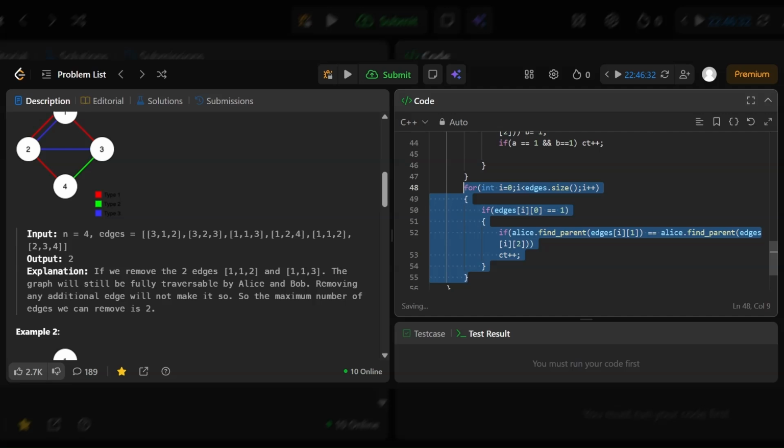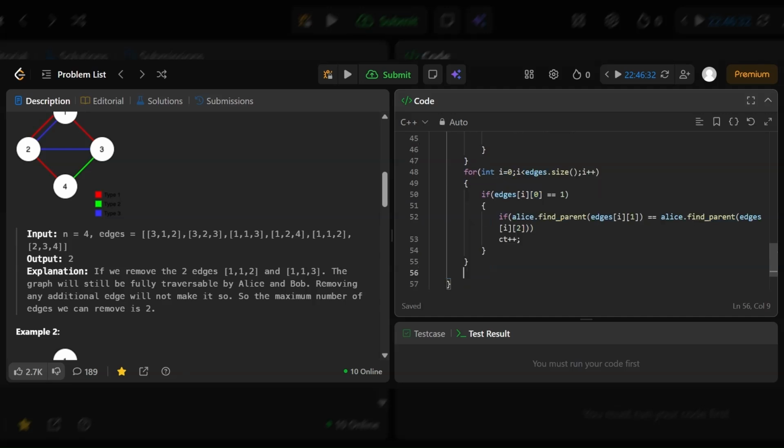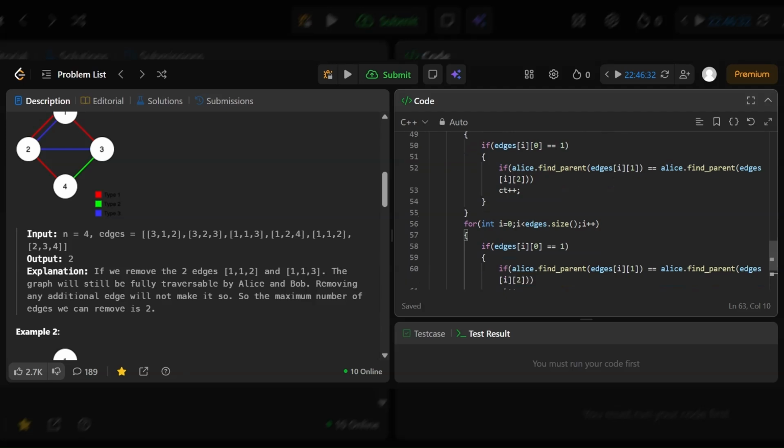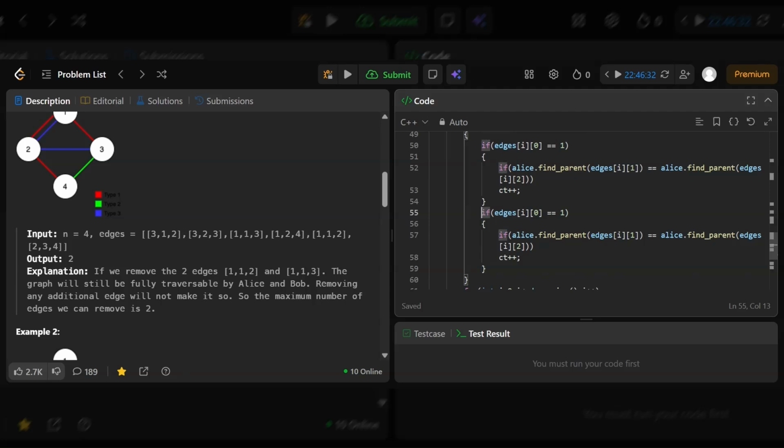And in a similar way you need to do for Bob. Okay, I can have it here also, no need of this. So else if edges[i][0] is equal to 2, and if these are related to Bob,